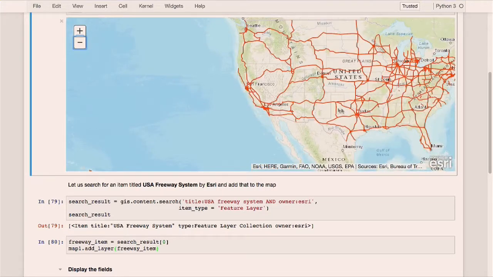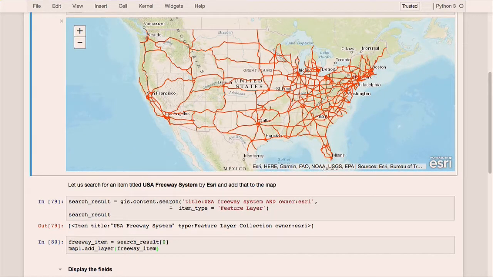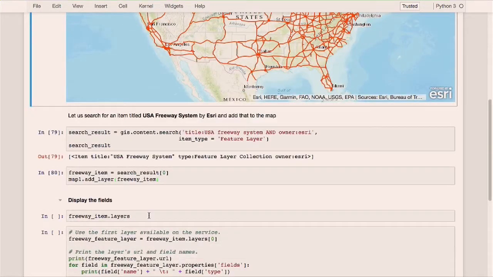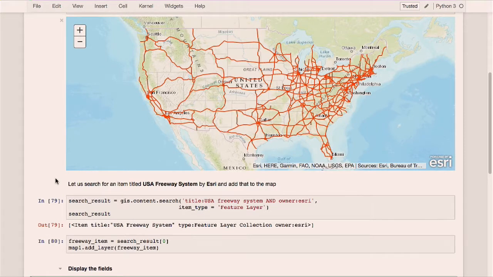So we can do better than this. How can we visualize this particular layer better than just with a single color? So let's try to see. Before we get into such kind of details, we need to understand what the distribution of data is. We need to understand what all columns are present and what kind of values are there. What is the data type of those columns? So we need to start exploring the data a little bit before we can choose how to visualize